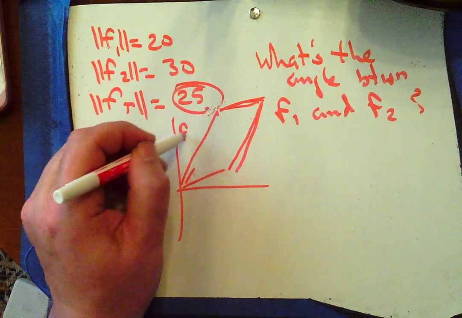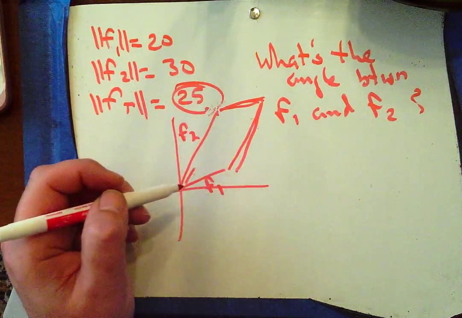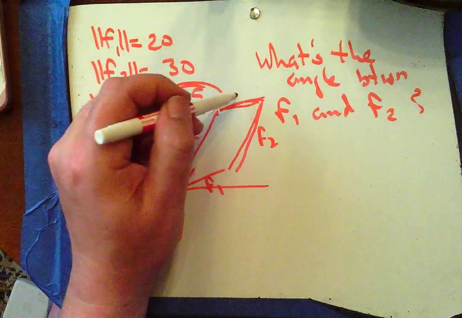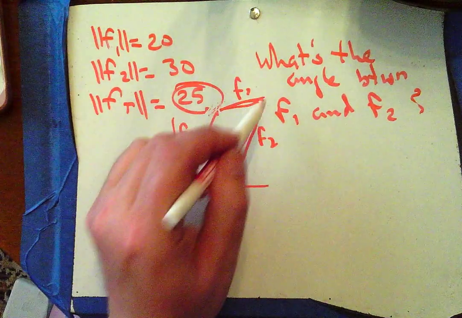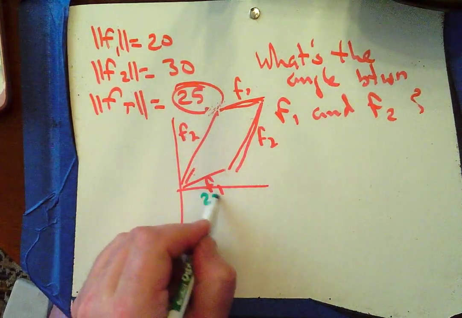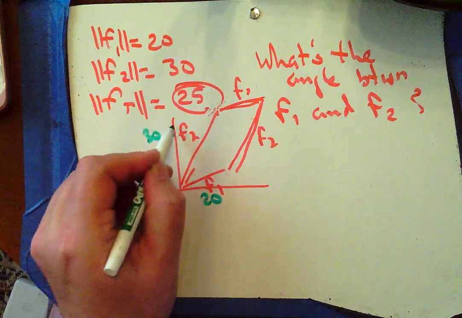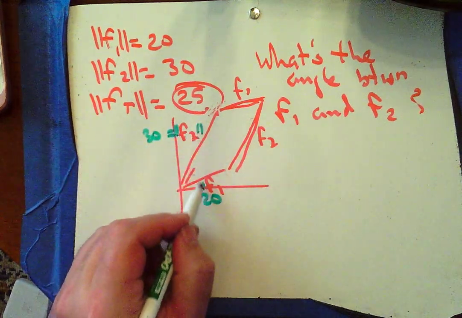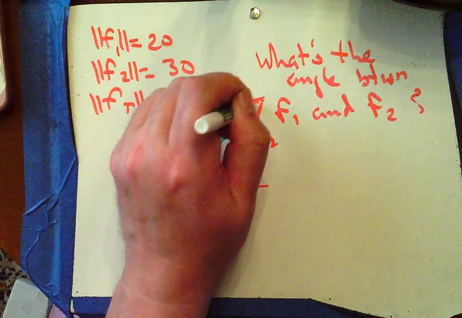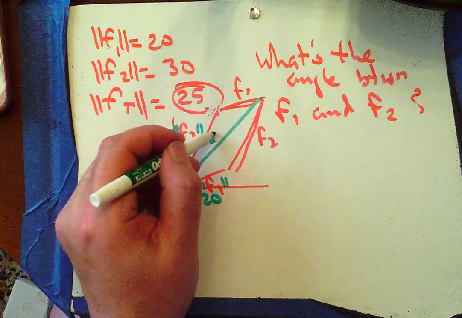Here's force 2, here's force 1, 1 plus 2, or 2 plus 1 gets me to here. So I'm saying the magnitudes of these forces are 20 and 30, and now I've got the magnitude of this force